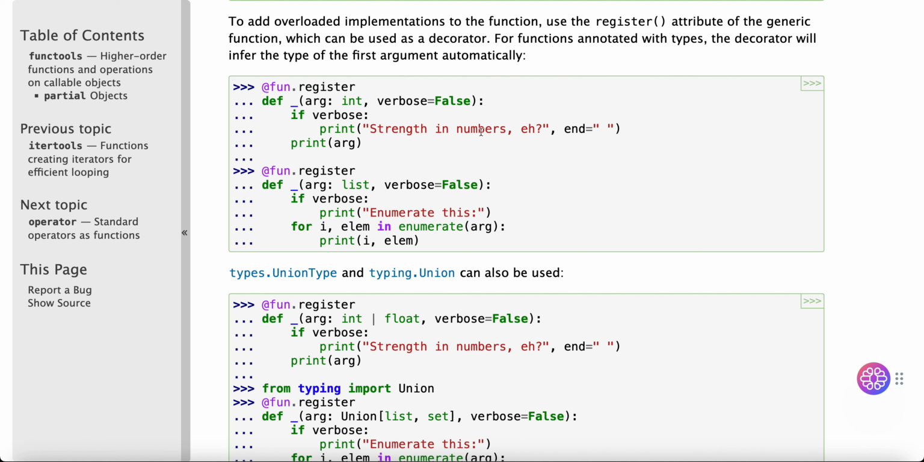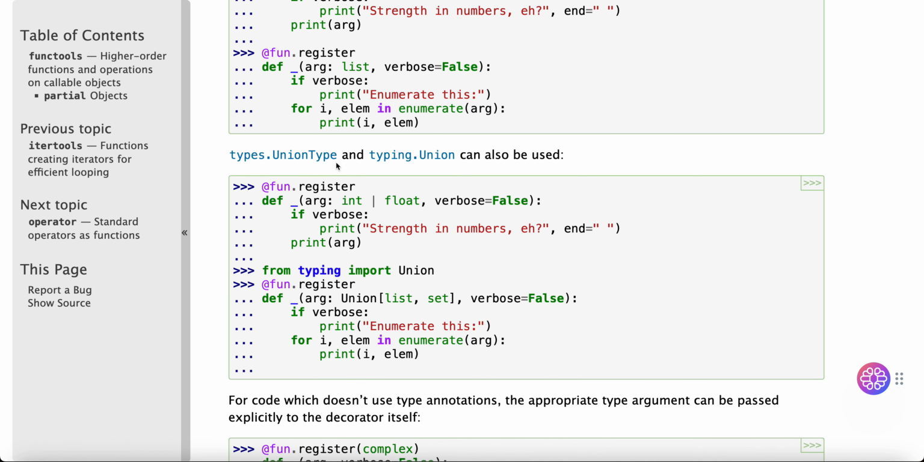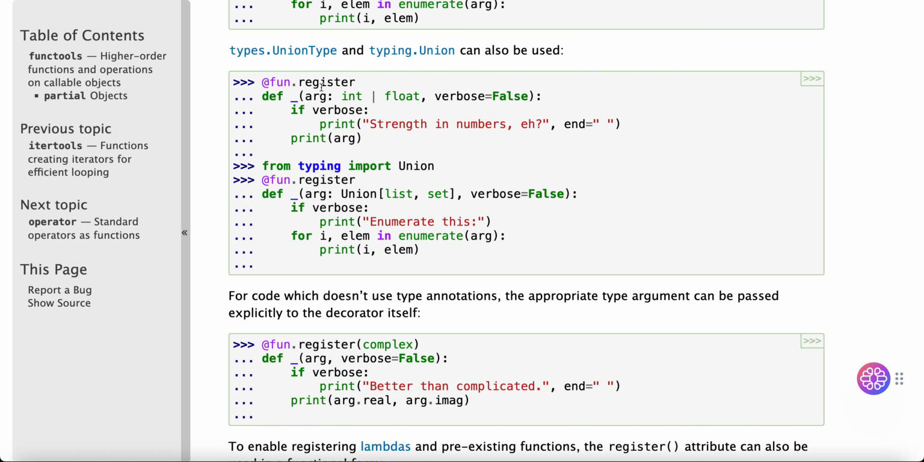print('Strength in numbers, eh?', arg); @fun.register def _(arg: list, verbose=False): if verbose: print('Enumerate this:'); for i, elem in enumerate(arg): print(i, elem). types.UnionType and typing.Union can also be used: @fun.register def _(arg: int | float, verbose=False): if verbose: print('Strength in numbers, eh?'); from typing import Union; @fun.register def _(arg: Union[list, set], verbose=False):